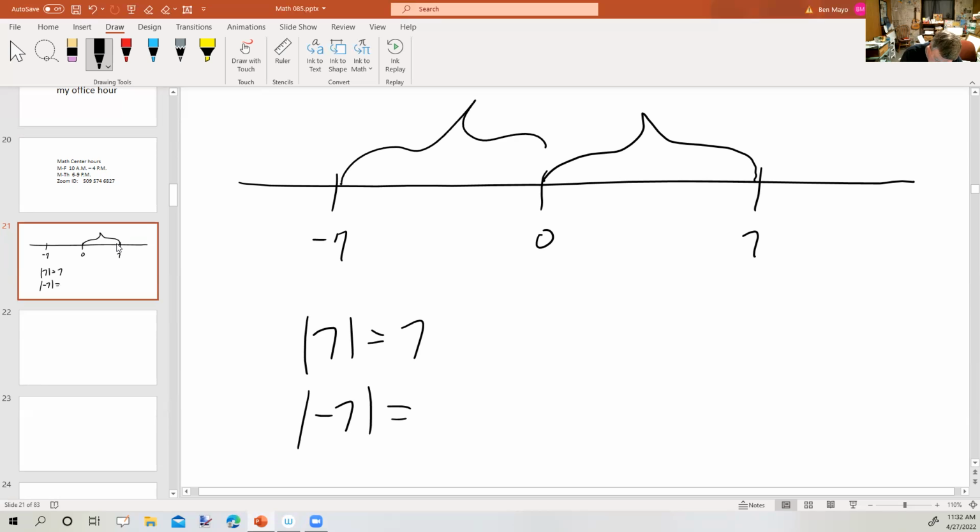From -7 to 0 on the number line is also 7 units. So the absolute value of -7 is 7. Distance is measured with a positive number or just 0, as in the absolute value of 0 is 0. But distance is not measured with a negative number. So absolute values are either going to be 0 or positive. All right. Now,